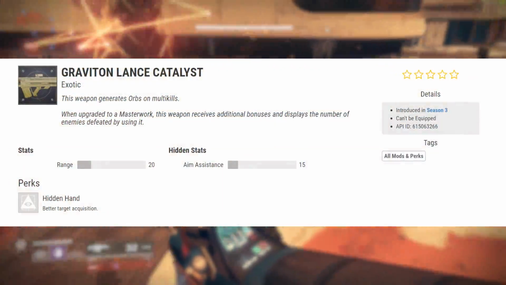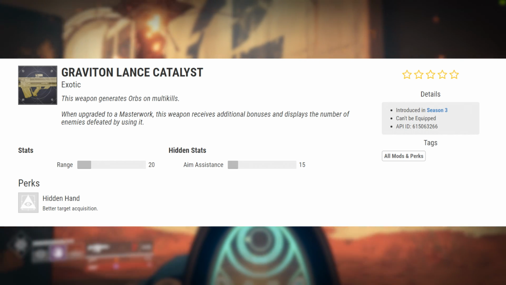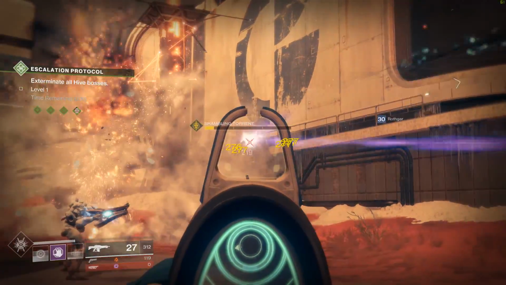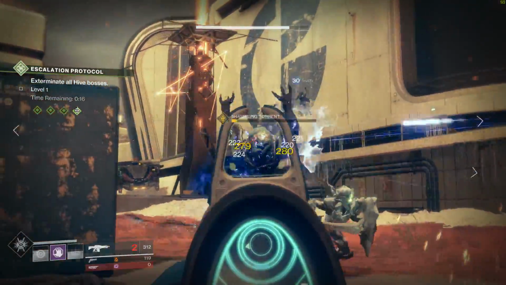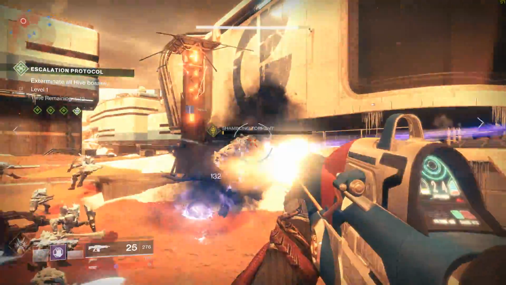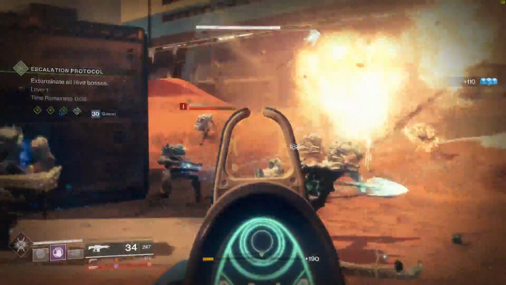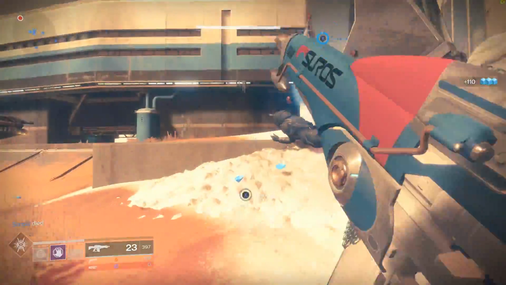After that, we've got the GRAVITON Lance. This is getting a range boost of plus 20, as well as the perk Hidden Hand, which is going to give it that plus 15 extra points to its aim assist. This is, of course, an old favorite from Destiny 1 that I don't think we had seen thus far as a perk in D2. GRAVITON Lance is also one of the weapons that got some big changes in 1.2.0. I hear it's performing really well in Crucible, and this extra range and aim assist is definitely going to make